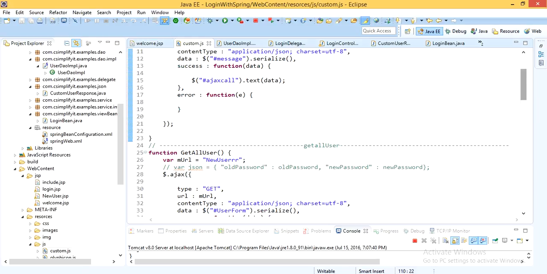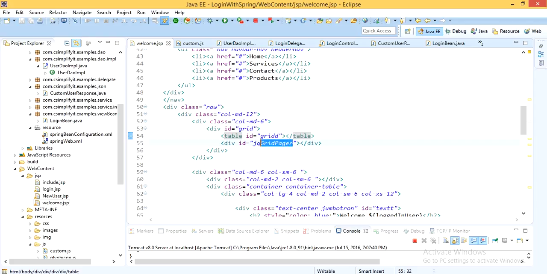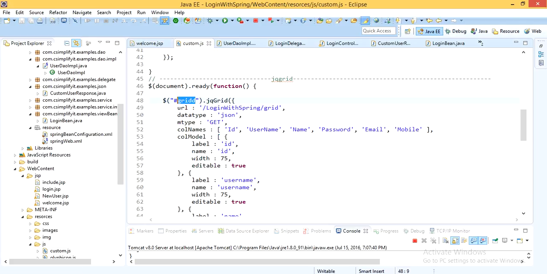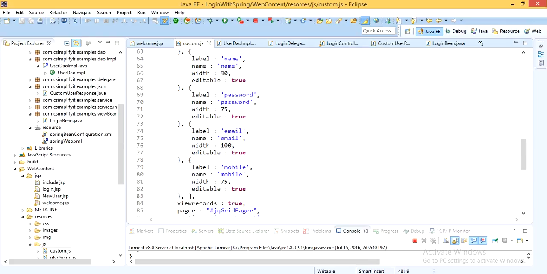It means this is the grid, and this is the grid pager. It is responsible for paging, and we have shown this in customer.js, and this is my grid pager.